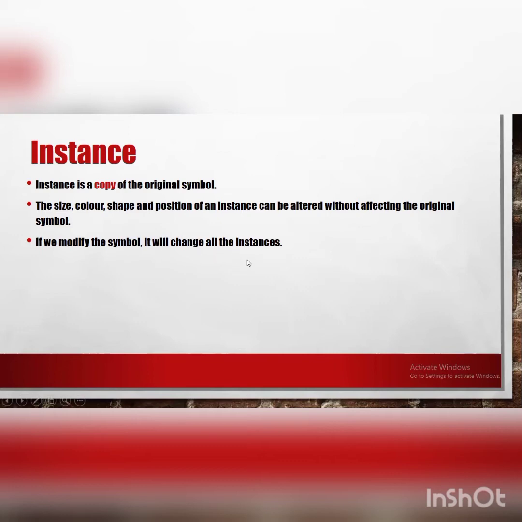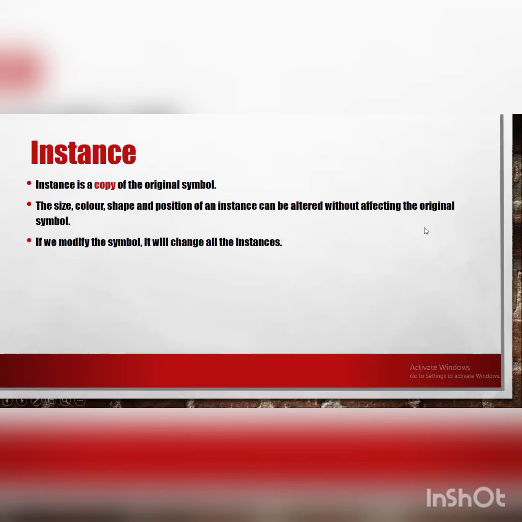For example, we have made 10 instances of a symbol, and we change the color of the object in the symbol. Whatever changes we make in the symbol will affect all the instances. But the opposite is that if we make any changes in an instance of the symbol, that will not affect the original symbol.